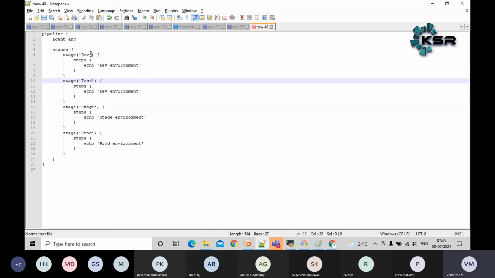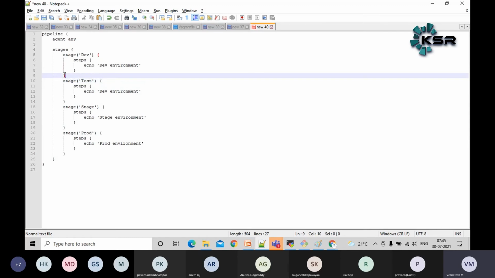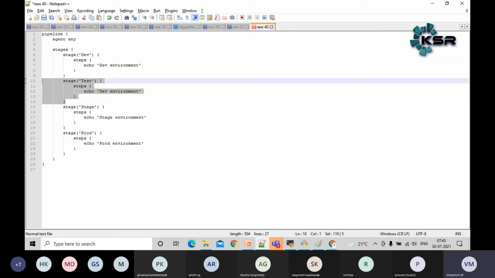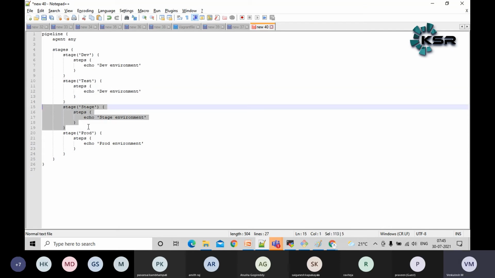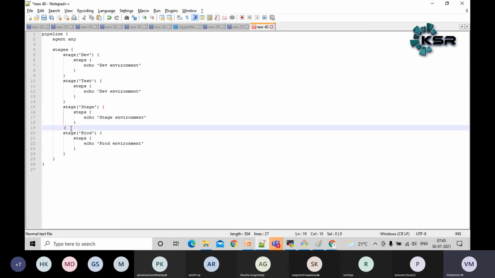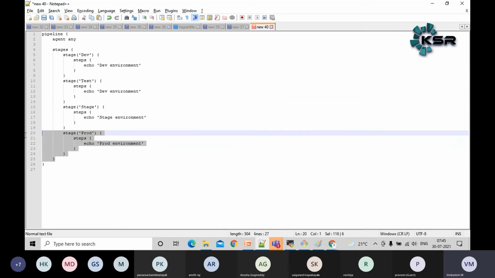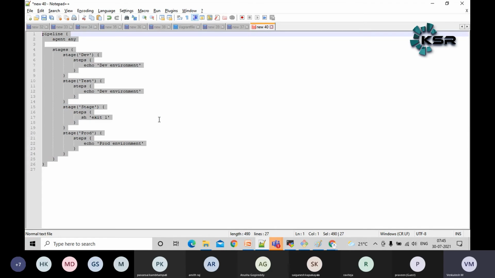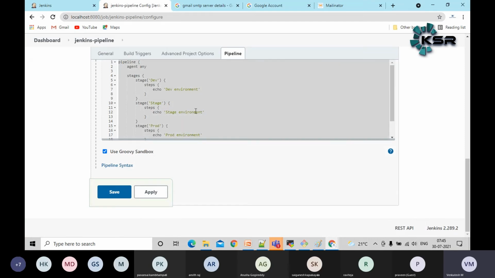Each stage, right? So I have the first stage called dev stage. The job won't move forward if the dev fails. Similarly, if the test fails, it won't go to stage. If this particular stage fails, then the production stage won't execute, guys. Let me put a sample example. I will put some dummy thing, some wrong message I'm giving here. I want to fail the Jenkins job right now, guys. Some exit command I'm doing. Let's see whether it will work or not.